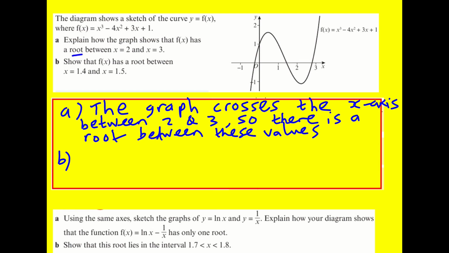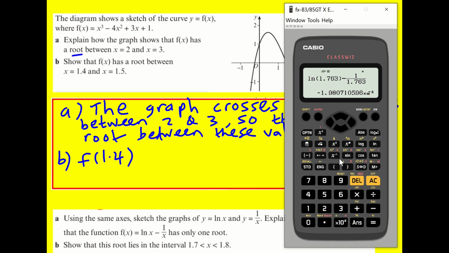So show that f of x has a root between x equals 1.4 and x equals 1.5. Less obvious from the graph. Let's find out what f of 1.4 is. To be honest, for this sort of question, because it's quite technical, it might be best to use the table function and then type in the function x cubed minus 4x squared plus 3x plus